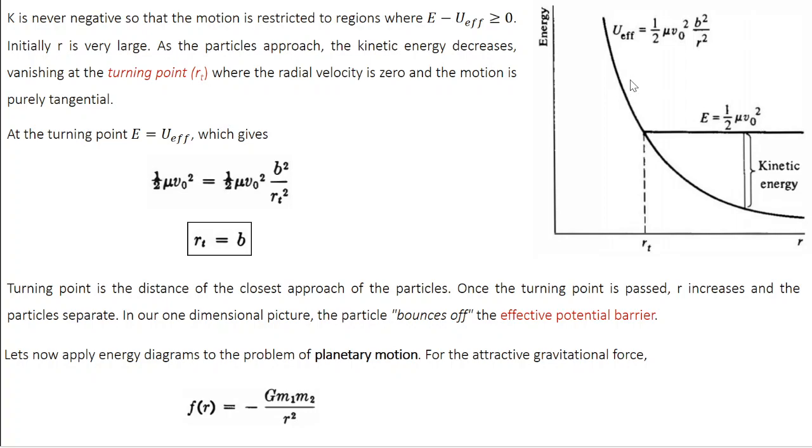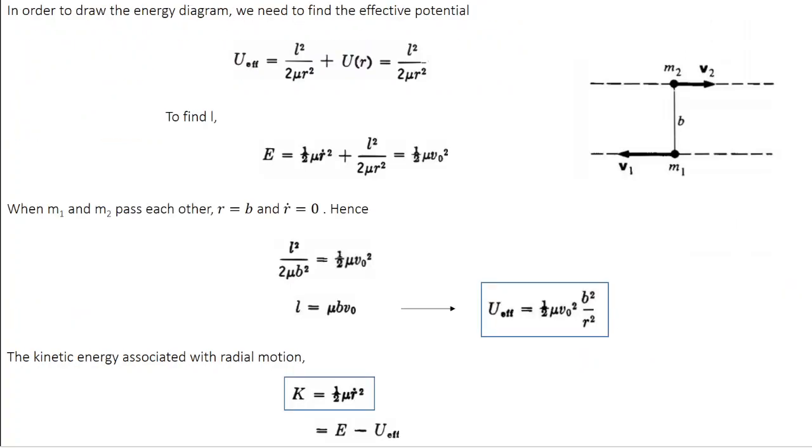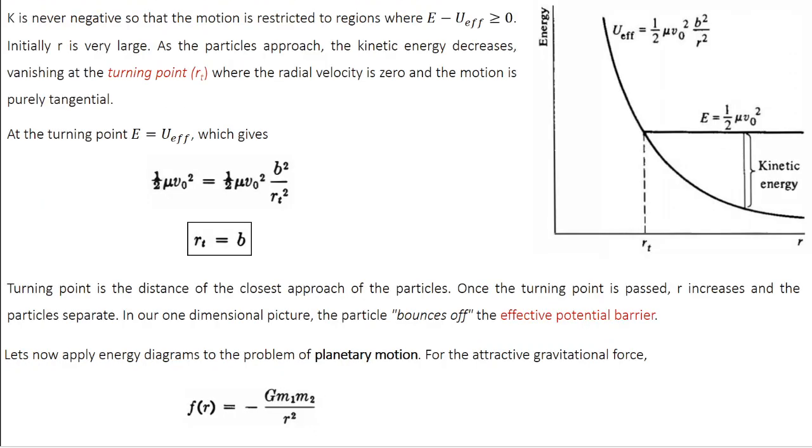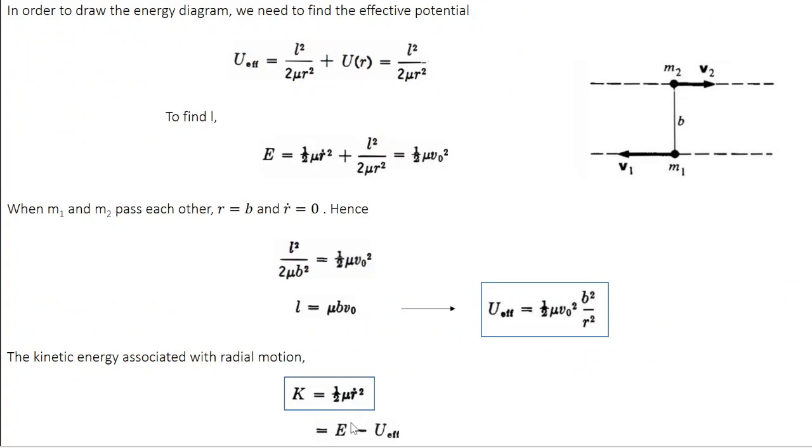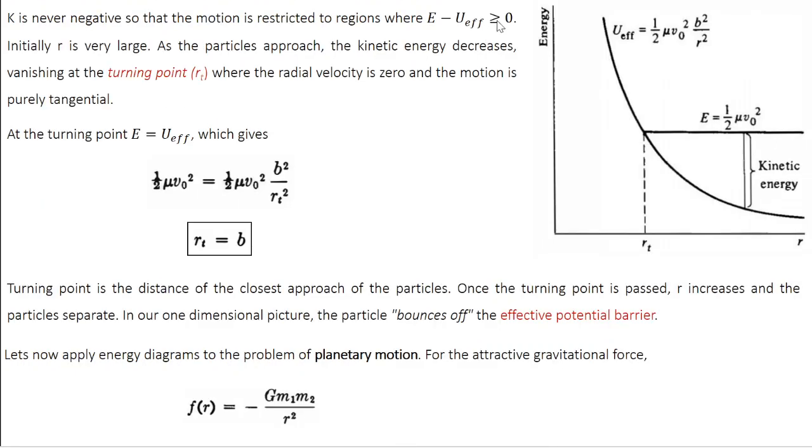And one thing you have to remember, the kinetic energy K equal to half mu R dot square can never be negative. Why? R dot square is a square term which can never be negative. Mu is the effective mass, and no particle can have negative mass. So by default, your kinetic energy is always greater than or equal to 0. So if you look at this expression, kinetic energy equal to E minus U effective, so your motion should be confined to the region where E minus U effective is always greater than 0. So this is the starting point.